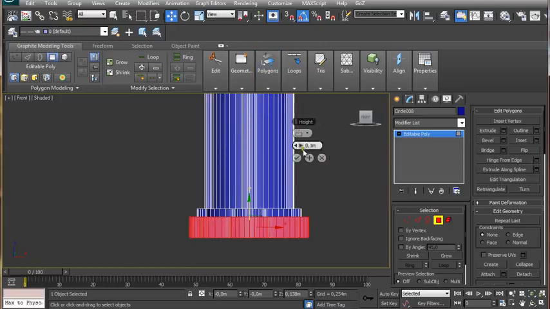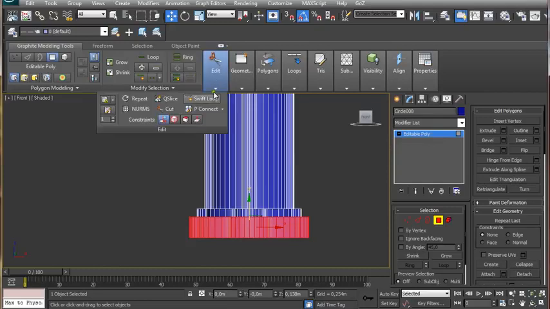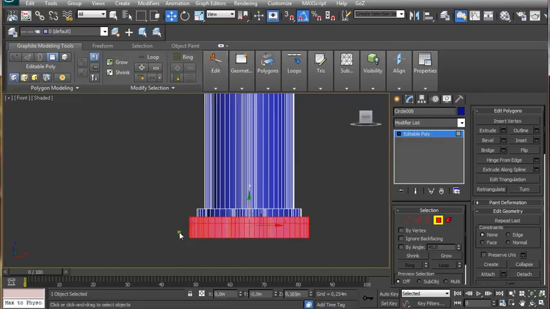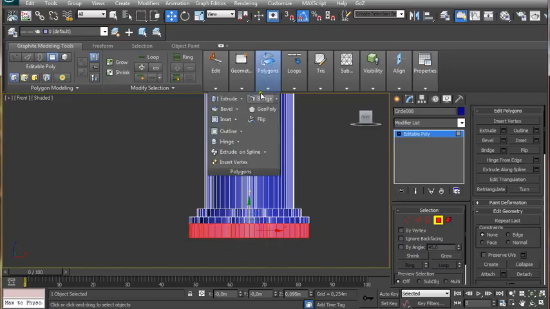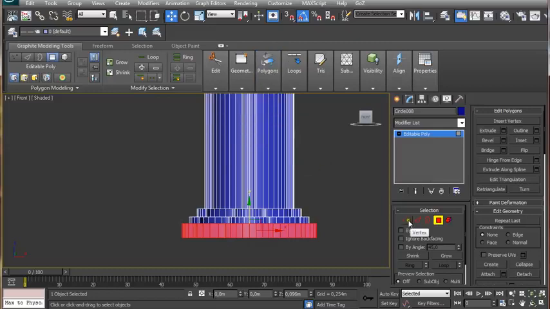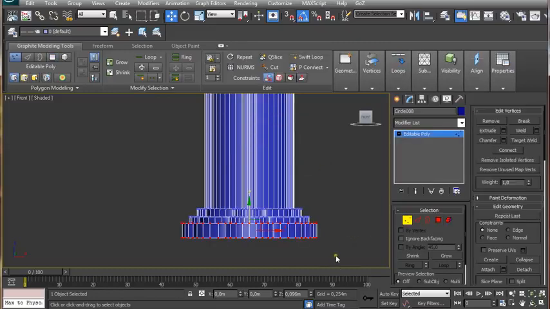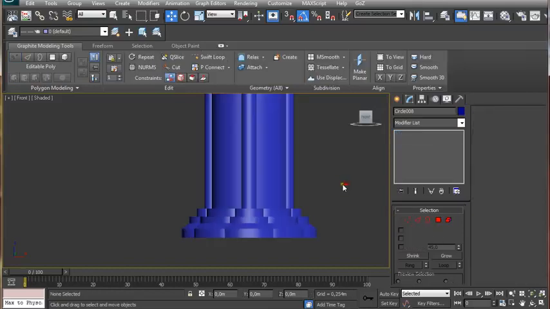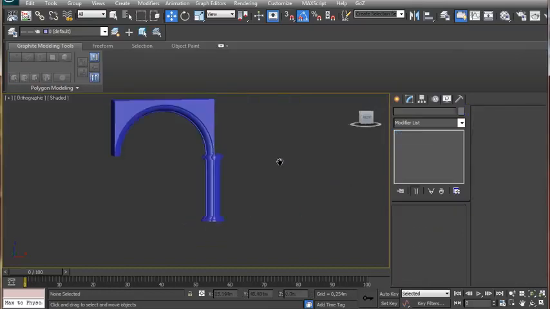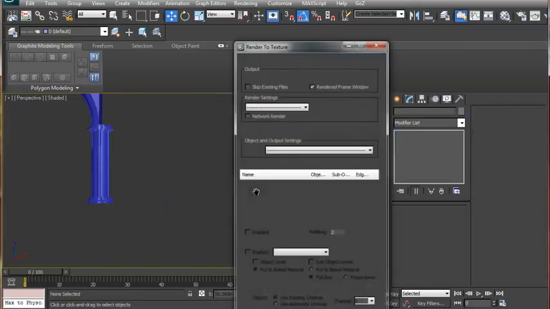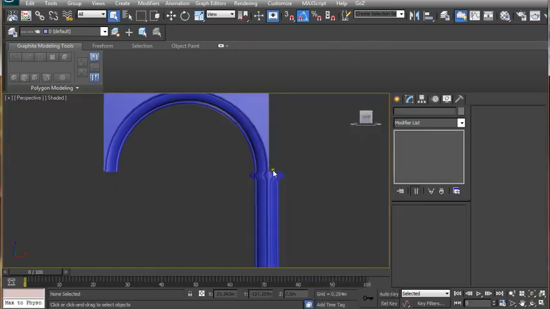0.1 will be okay. And again I'm going to Swift Loop, F4 on the keyboard, select these ones, and I'm going to extrude them again, holding Control, pressing vertices, and holding Alt and deselecting these bottom ones, and then just drag down a little bit. So we get this nice column,